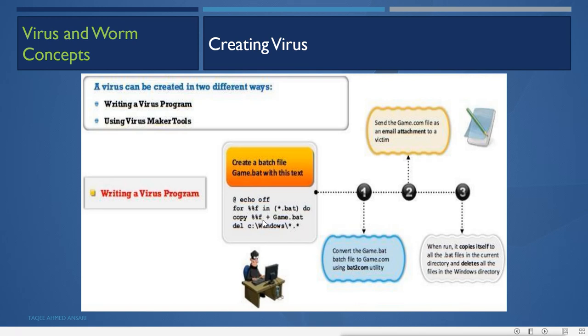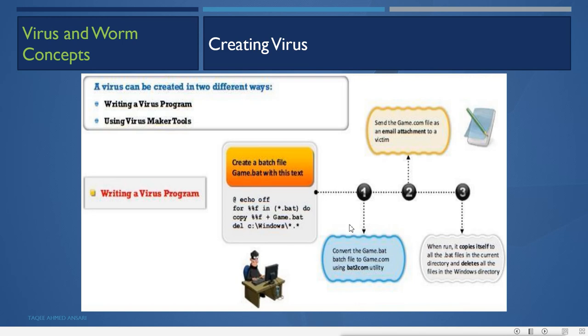Now what it will do, it will copy itself whenever it runs, and then it will delete every time it runs. It deletes the Windows files, all the files from the Windows directory, that means the files which have a dot in between, like notepad.exe, kelsey.exe. It will delete every file. You can say some file name is like something.txt or doc. So whatever file starts with any name, ends with any name, any extension, with a dot in between, it is going to delete everything.